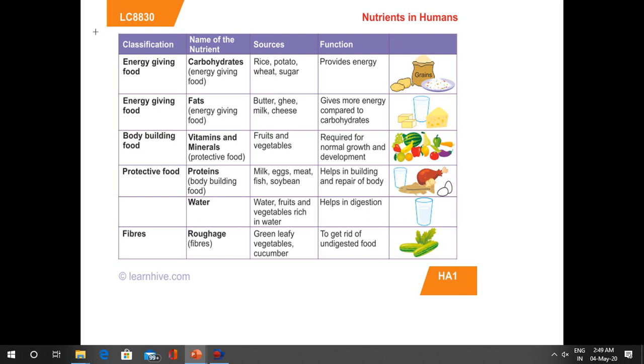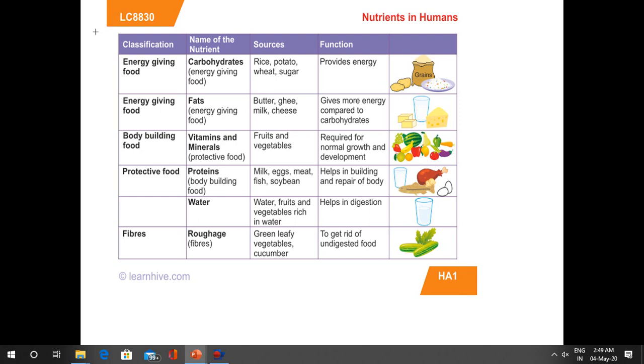We also learnt about different sources and functions. Carbohydrates and fats provide energy, and fats provide more energy as compared to carbohydrates. Vitamins and minerals are required for normal growth and development, and proteins help in building and